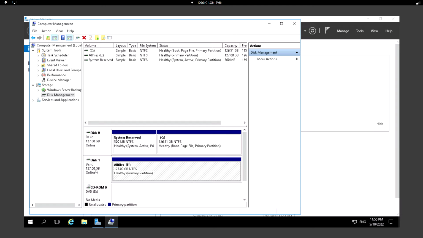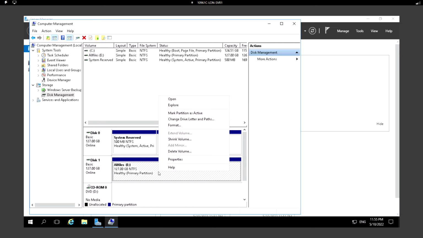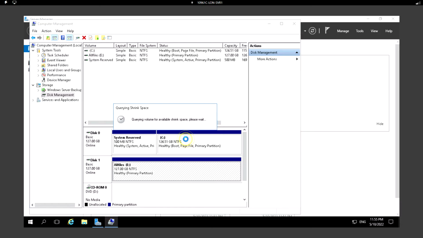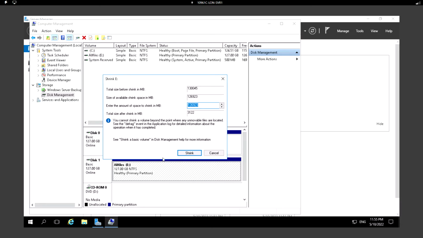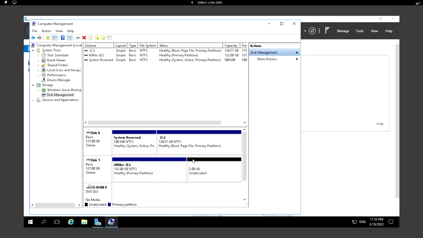And if you wanted to make an additional partition from this disk, we can use the shrink volume option. For example, if I want an additional partition with 5 gig, I can just use shrink volume, and I can type the size in MB, and I can click on shrink. So now we can see that I have 5 gig of unallocated storage, which I can use to make a